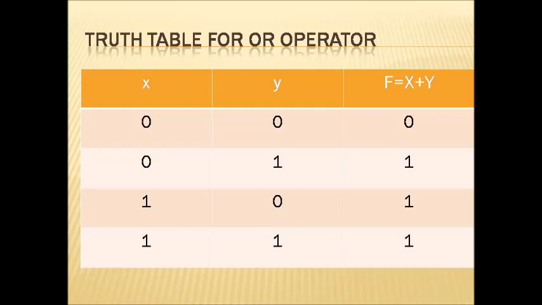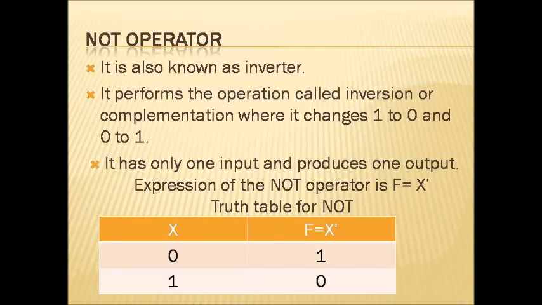Here you can see more detail of the NOT operator. It is also known as the inverter. Actually it performs the inversion or complement of Boolean variables. For example, suppose the value of a Boolean variable is 1, then it will change that into 0. If the value is 0, then it will change into 1. It is similar to our NOT operator in propositional logic, where it was converting false to true and true to false.